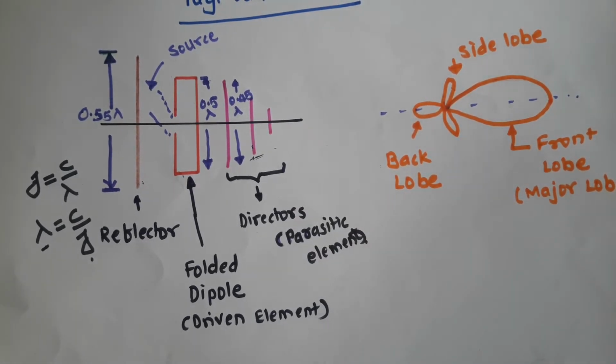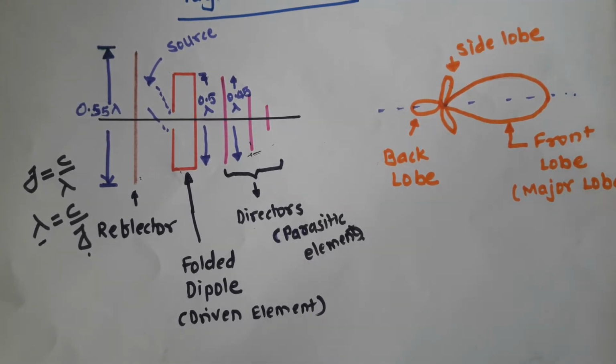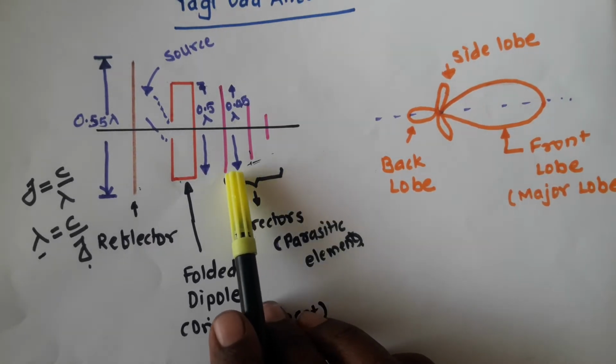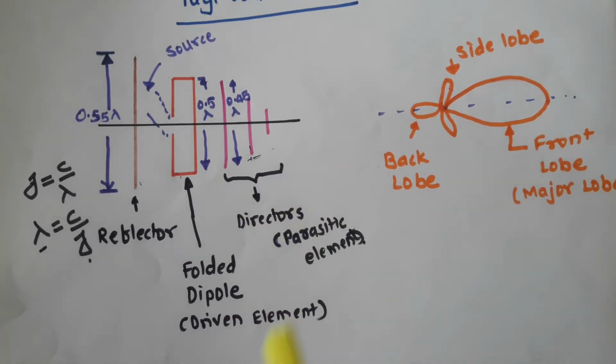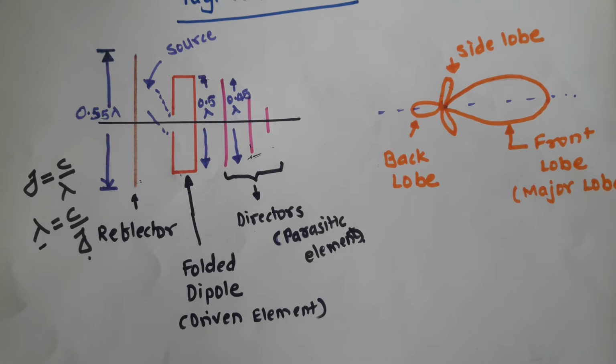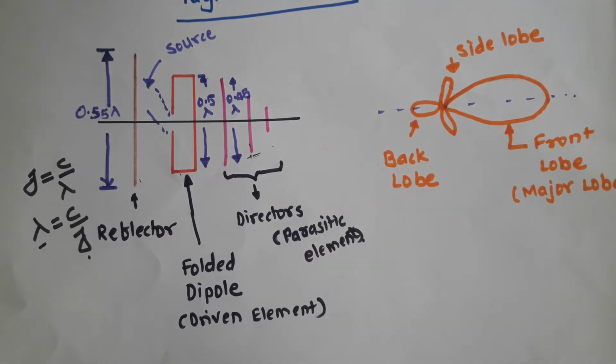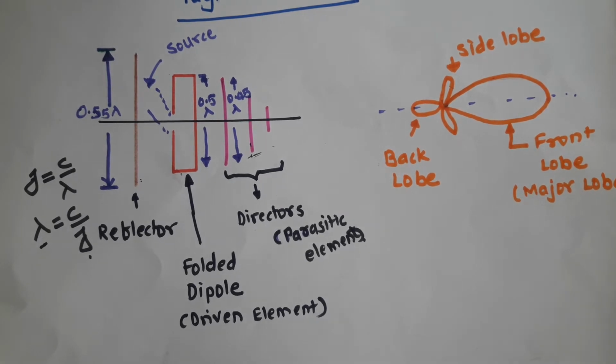Now by achieving such a combination in this Yagi-Uda antenna, the directivity of the antenna gets improved. So the directors have a major role to direct the antenna, or to improve its directivity. As there are n number of directors, if we increase the number of directors, then automatically the directivity gets increased, and for a longer distance you can direct your antenna and send your signal, right.